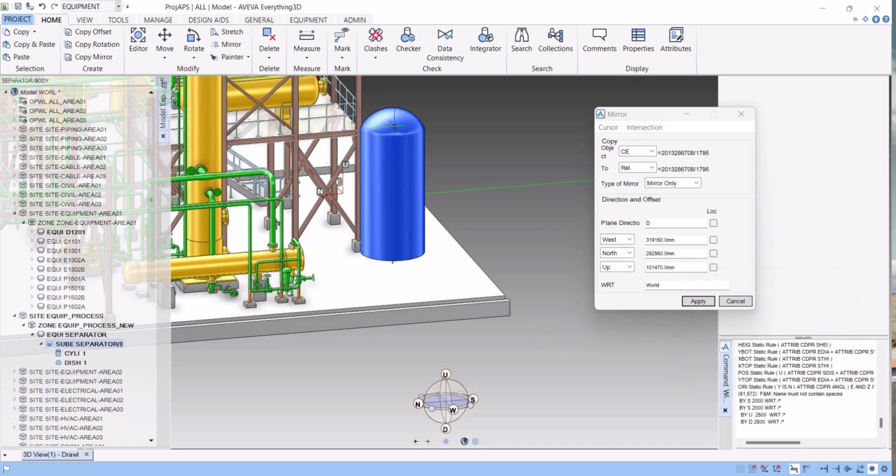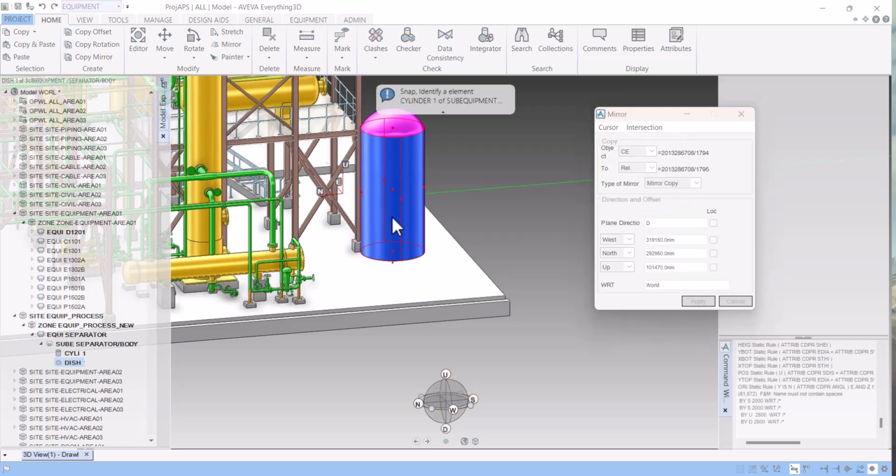Now we will create this one mirror one here. We select the cylinder. Sorry, this dish. Again you put on C, current element. Here we will click a mirror copy. Then now we will select not a P point, now element. What is the element? This